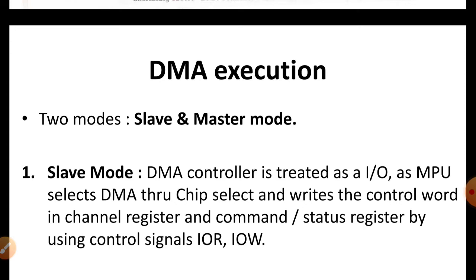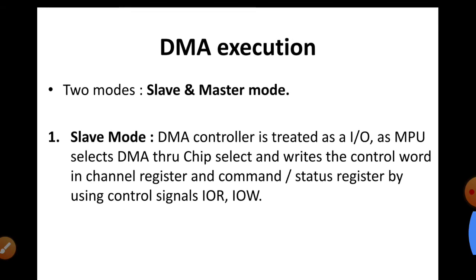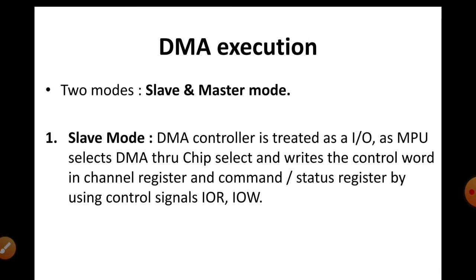Whenever it is working in slave mode, whenever the DMA controller starts its operation, it is working as a simple input output device, and the microprocessor selects this DMA through the chip select signal and writes something on the control word in the channel register or the command status register. At that time it uses simple control signals, that is IOR, IOW. So it works in slave mode whenever DMA starts its work,